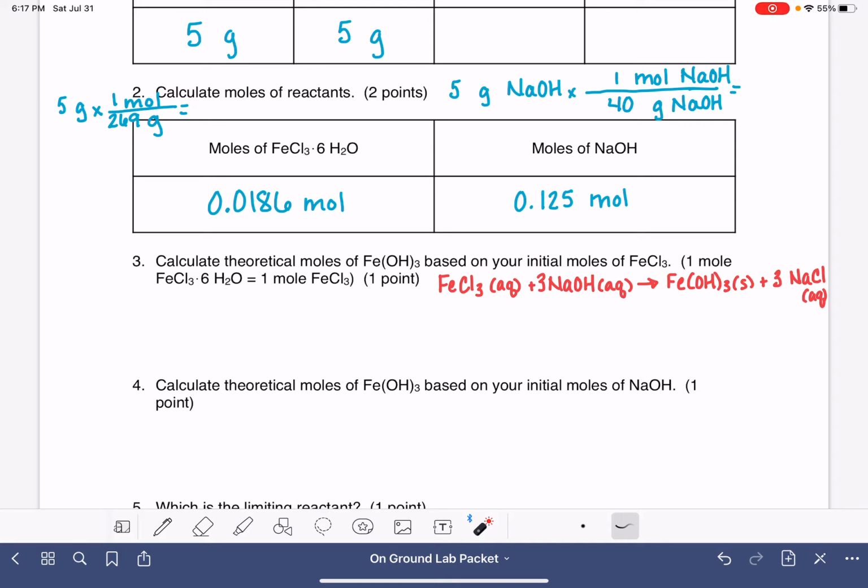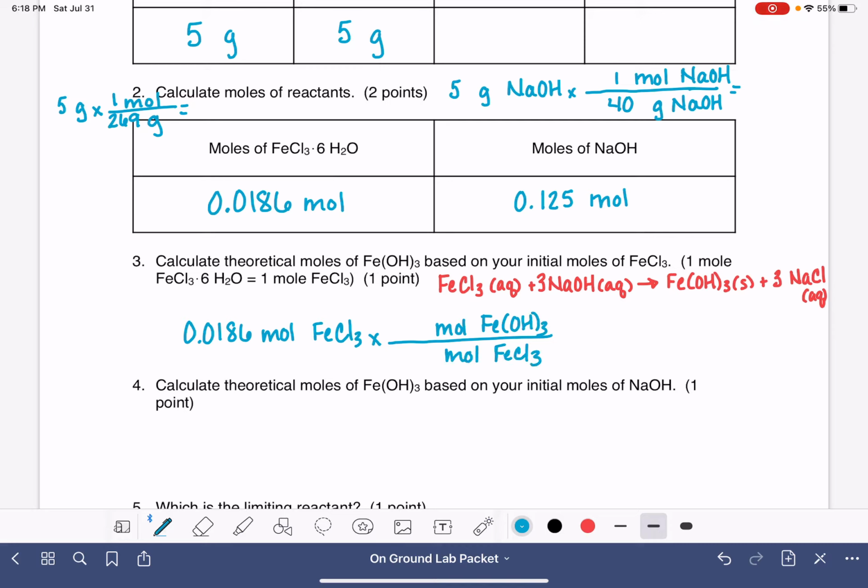So for question 3, calculate the theoretical moles based on the initial moles of FeCl3. You're going to take your number from problem number 2, however many moles of FeCl3 you had, and you are going to do a multimole conversion. You want to convert into moles of FeOH3, converting from moles of FeCl3, and the conversion factors that you need are the stoichiometric coefficients from the balanced equation, 1 to 1. So that gives me, in my hypothetical data,